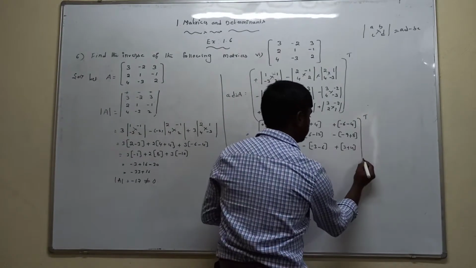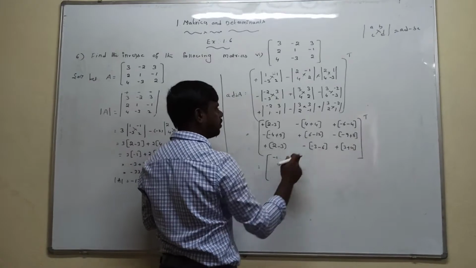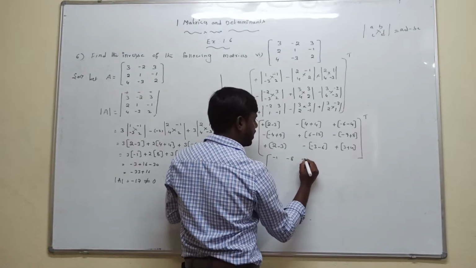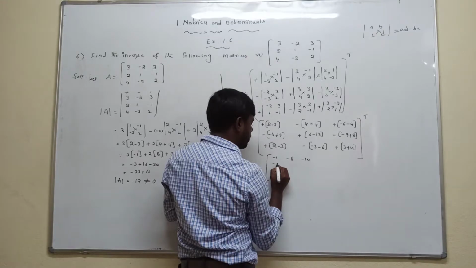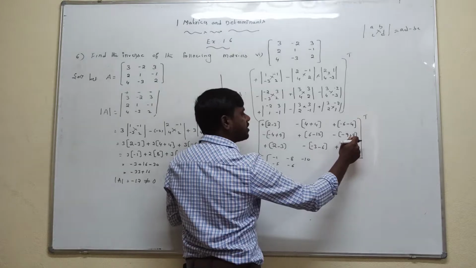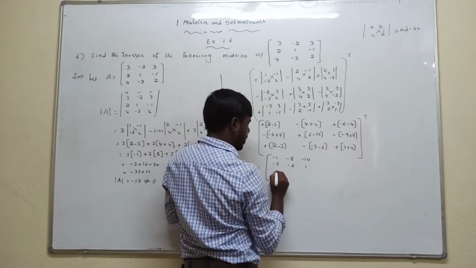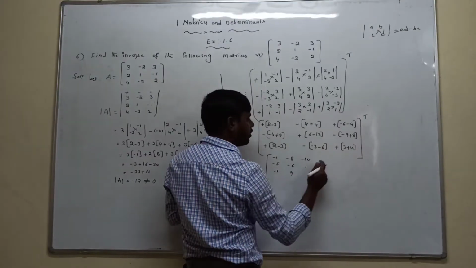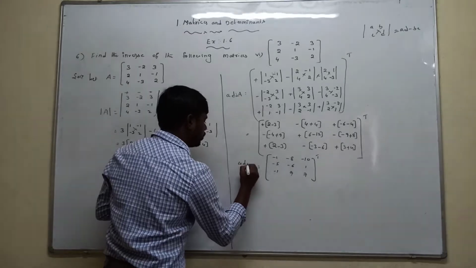So simplify this one. 2 minus 3, -1, 4 plus 4, 8, minus into plus 8, -8, minus 6 minus 2, that value is -10, minus 4 plus 9 is plus 5, minus 2 plus 5, that value is -5, 6 minus 12, that value is -6, minus 9 plus 8, that value is minus 1. Minus 1 into minus 1 plus 1. 2 minus 3, that value is minus 1. Minus 3 minus 6, minus 9. Minus of minus, plus 9. 3 plus 4, 7. This is the transpose of the matrix. This is the adjoint of A.